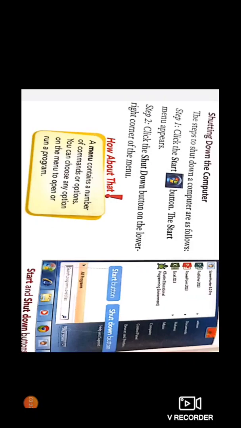You can see in the screenshot over here on the right hand side, the shutdown button is there. When you click on the shutdown button, it will give you a menu. The menu will have commands like shutdown, log off, restart, that we'll see one by one.